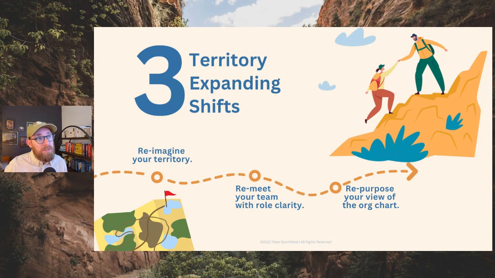And so the 3 shifts that we want to make is reimagine our territory personally, feel what that kind of transformation and breakthrough is like, and then let's be an ambassador for that kind of culture. And let's re-meet the people on our team. Let's replace familiarity with role clarity. Let's see, what have they really been going through the past 2 or 3 years, and what are their goals and values, and is it a good fit for where the team is going next? And then you can bring new leaders or emerging leaders to the front lines of your organization by using the org chart as a vision casting tool.